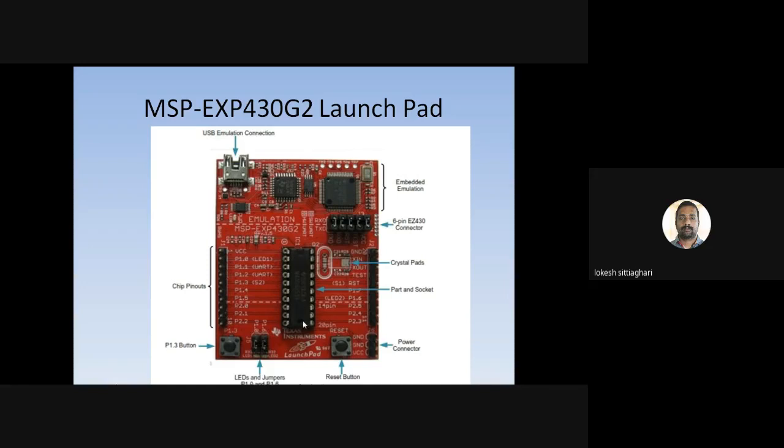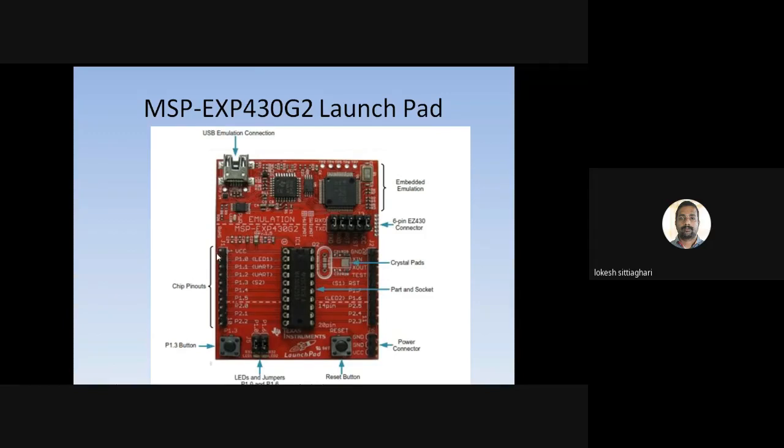Whereas above is the emulation board, the embedded emulation. From there we can emulate, or we connect a USB and dump the program into the MSP 430 G2553. You can see these are 6-pin connectors, and we have a crystal, here X in and X out.